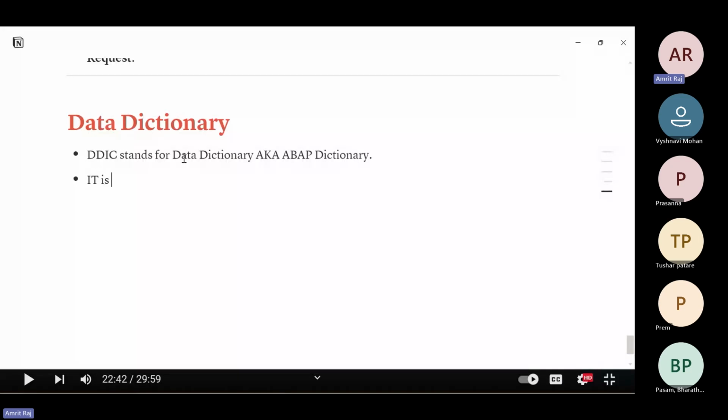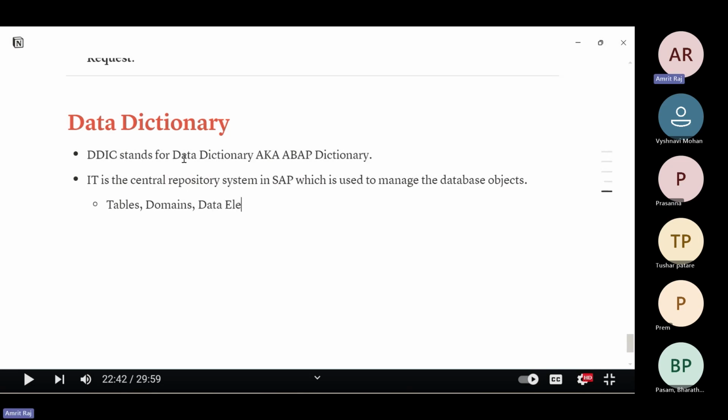And it is the central repository system in SAP, which is used to manage the database objects. These database objects are tables, domains, data elements,